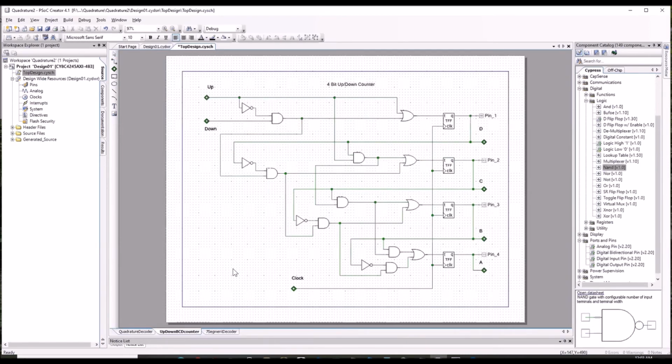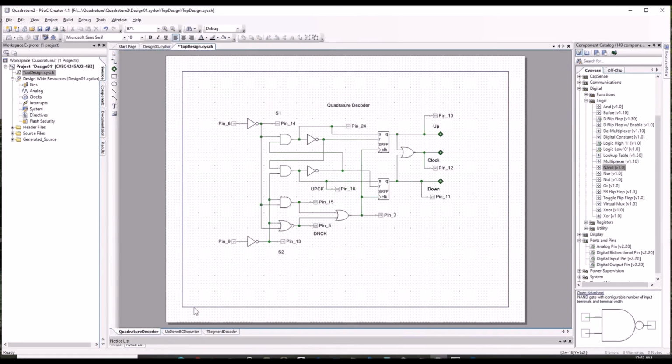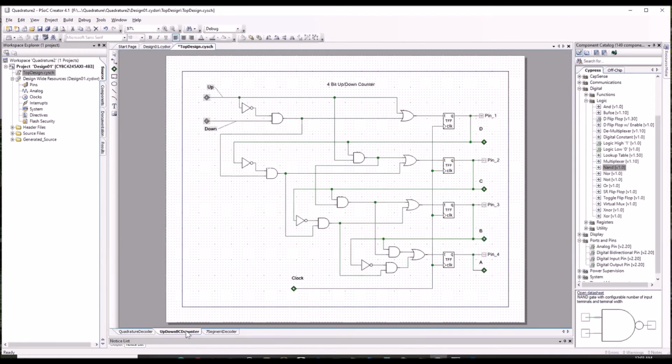I have another page which I've drawn the 4-bit up-down counter, and these two references over here come from the previous page. So they're coming from this up pin here and this down pin here. This counter uses T flip-flops, and then I have 4 outputs from the binary counter, and they're just called A through D. So this is a pretty clean schematic of a 4-bit binary counter,